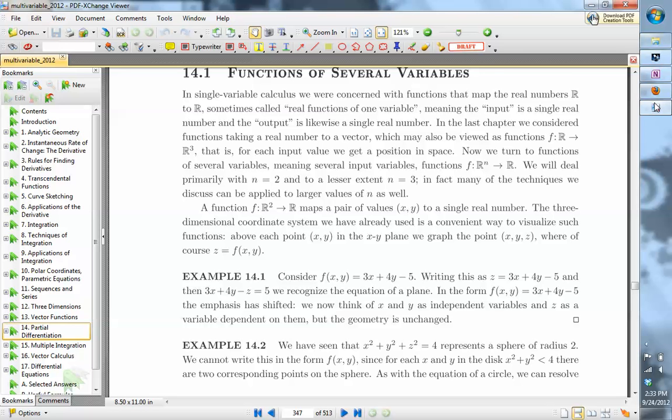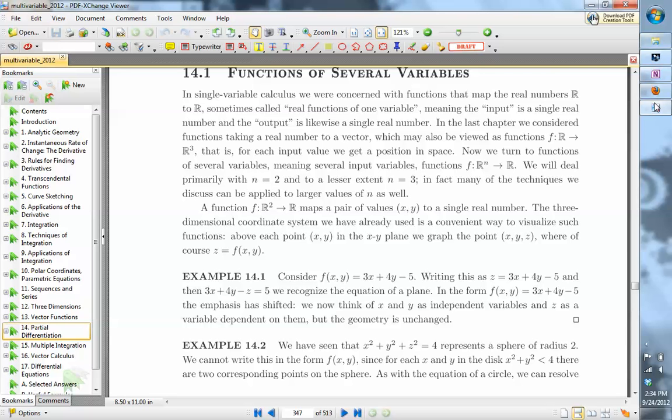And you can shift that around and get all kinds of different examples, but they're commonplace, they're everywhere. Any quantity that depends on a multitude of variables is a function of several variables. And it's really useful, and part of the purpose of this class is to teach you how to analyze those kinds of functions. And it's remarkably straightforward, and it could have been so much harder. We're lucky to live in a universe where the analysis of these functions of several variables is actually so straightforward